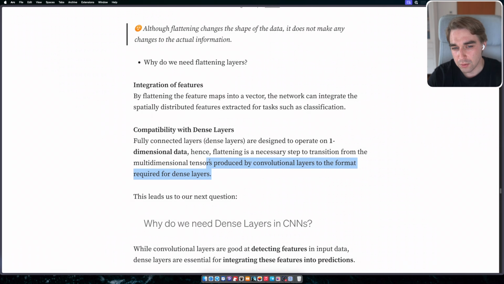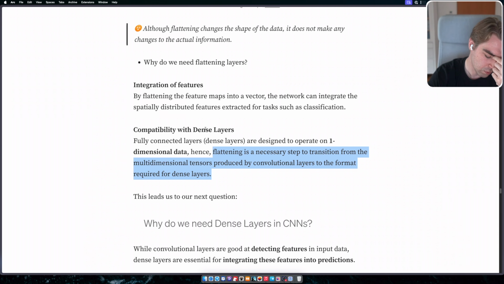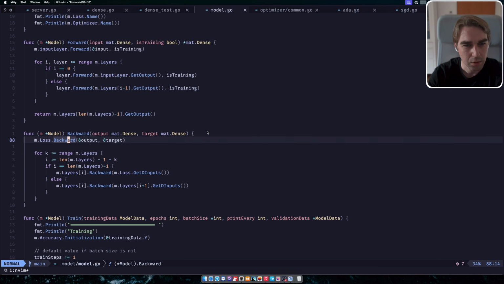This is actually the interesting part for me: how I'm going to represent the data for the convolutional layers, because currently under the hood of the dense layer, I'm using the Gonum mat.Dense struct, which uses a two-dimensional array, and usually the row represents the input sample and the values through the columns represent the input data itself. For example, in case of the input images, we have what we had,